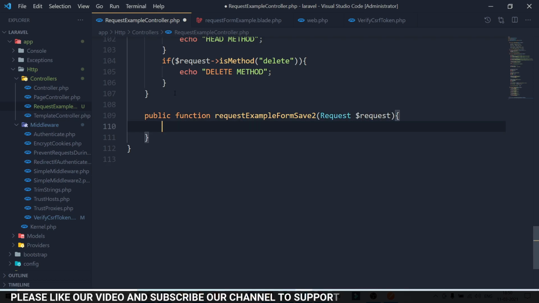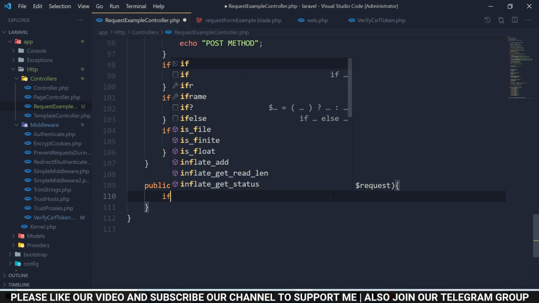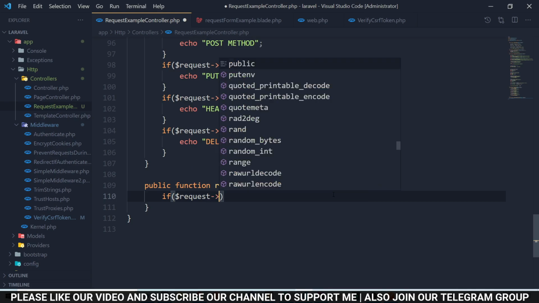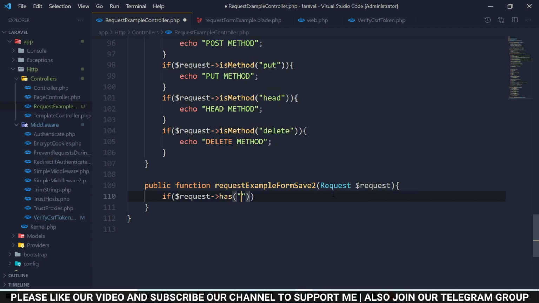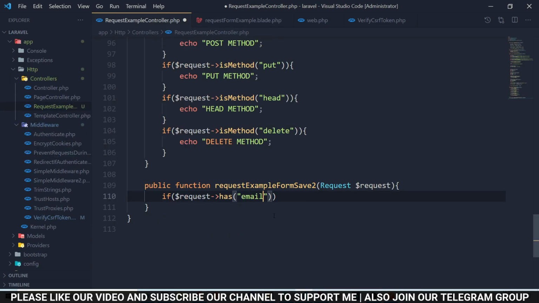Now let's work on this code. Now let's check if key exists, means data exists or coming from form or not. So in that case, you need to add if $request has, then pass the key name. So here I want to check like email is coming. So let's see email.